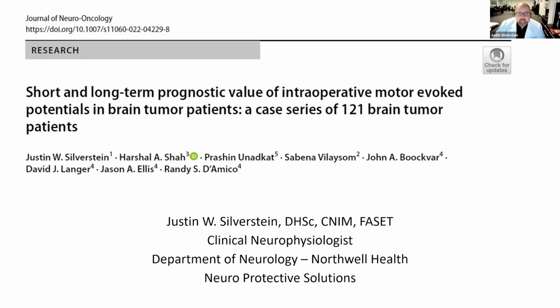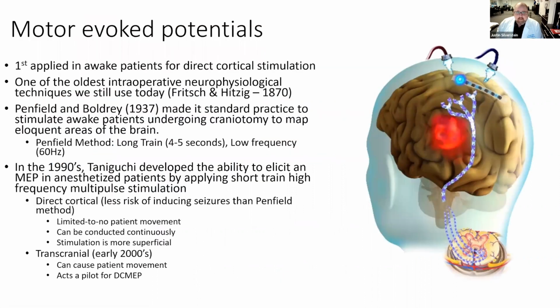Just to give a very brief overview, this was first applied in awake patients for direct cortical stimulation, and it's one of the oldest modalities that we still use today. They were doing it with battery-powered bipolar probes in the late 1800s, stimulating primate brains to see gross motor movements. But it was really Penfield and Baldry in the 1930s who made it standard practice when they started stimulating awake patients, and figured out that